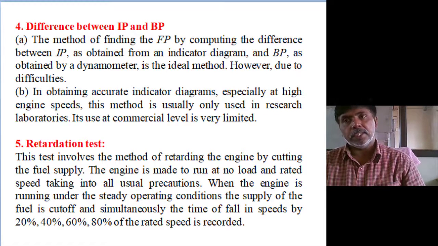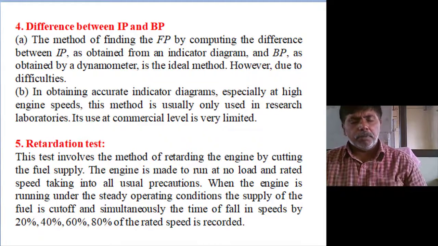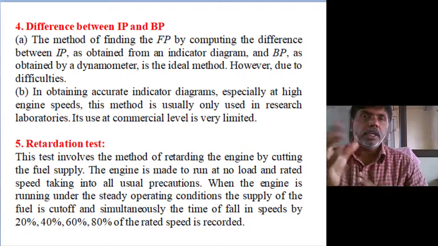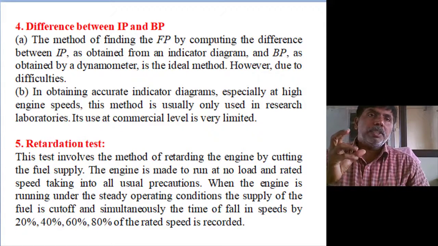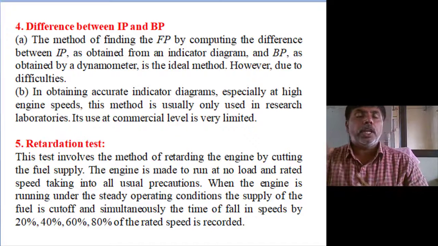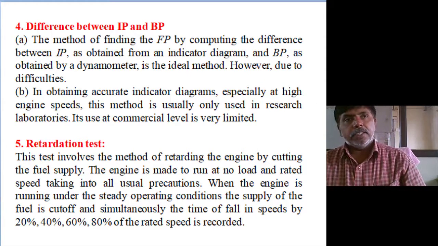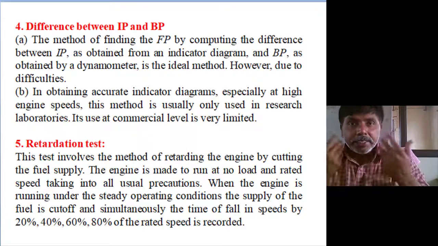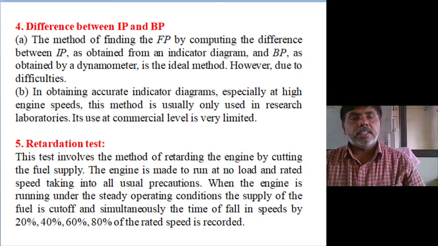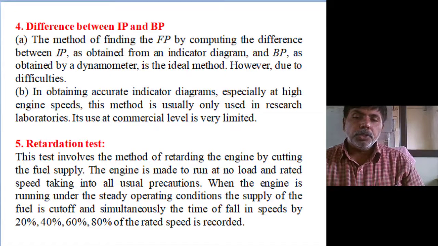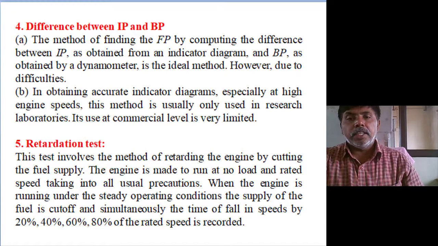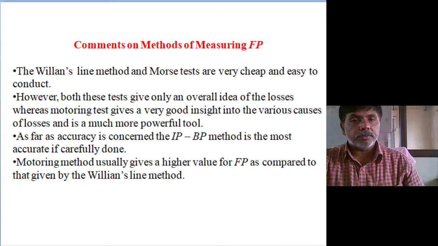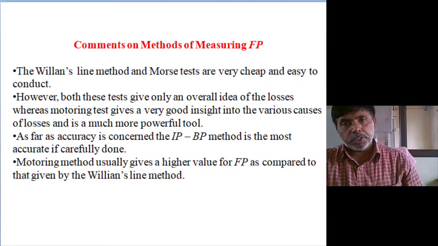First we calculate at a particular rpm. Suppose the engine is running at 1500 rpm and I want to measure the 300 rpm retardation. How much time does it take? Then at 50% load, 60% load, 80% load, and 100% load, we calculate that, and using a simple equation we can calculate the frictional power. The retardation test is also one of the best methods for determination of the frictional power.